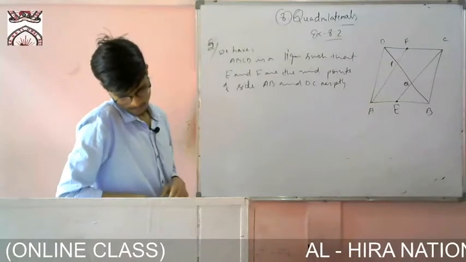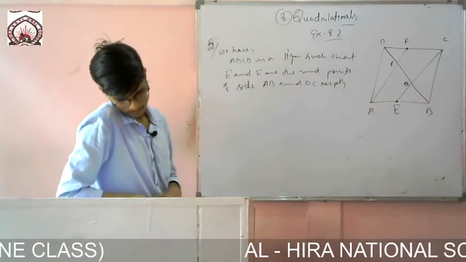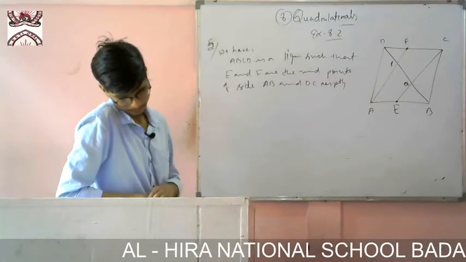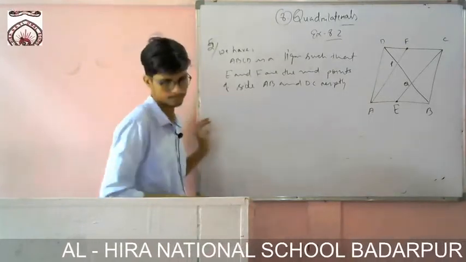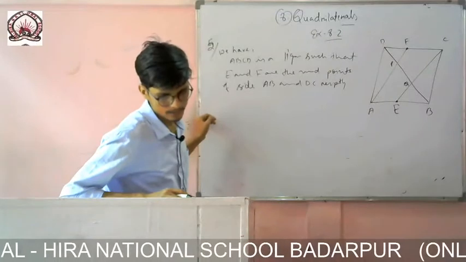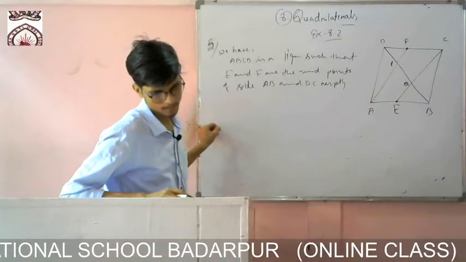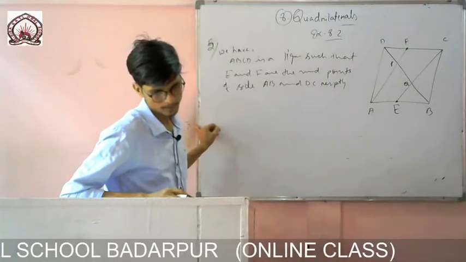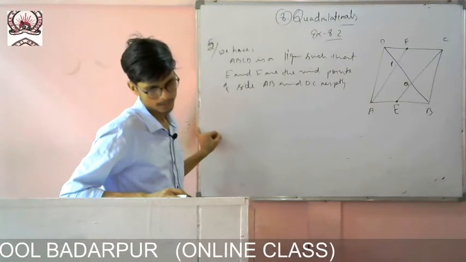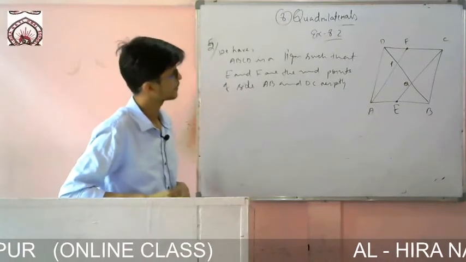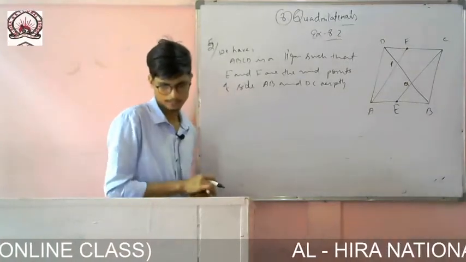So now you see, for this purpose what we are doing, okay, you write it. So these are the things given in the question, and there is nothing given about BD. Now, to show that the line segments AF and EC trisect the diagonal BD. Okay, let it be like this.